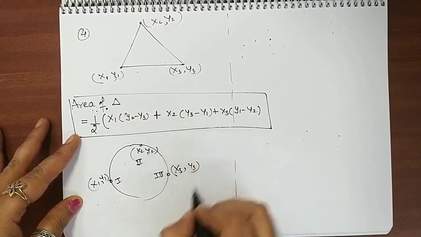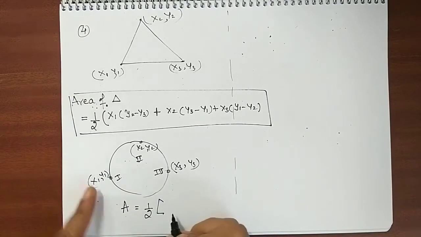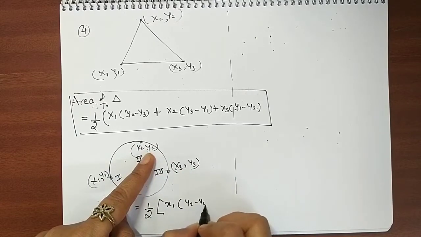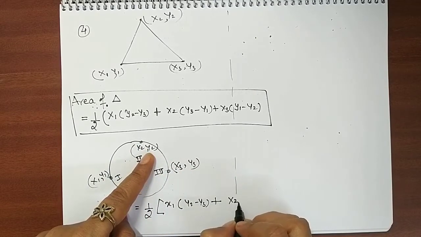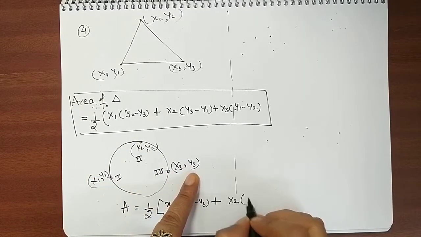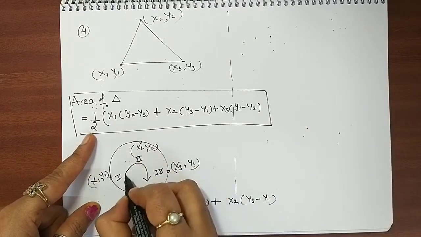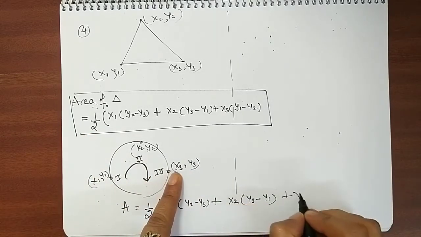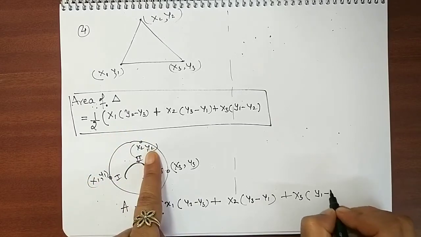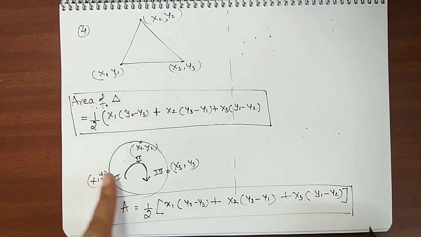So for area, 1 by 2, you start with the first point x1, pick up y from the other two, so (y2 minus y3), plus take x2 from the second point, so y you pick up from the other two, which is (y3 minus y1), and you have to go in the clockwise direction only, in one direction. Now you will pick up the third, so go clockwise. First will come y1 and then will come y2. So like this you can memorize. Understood? So I am picking up x1 from here.